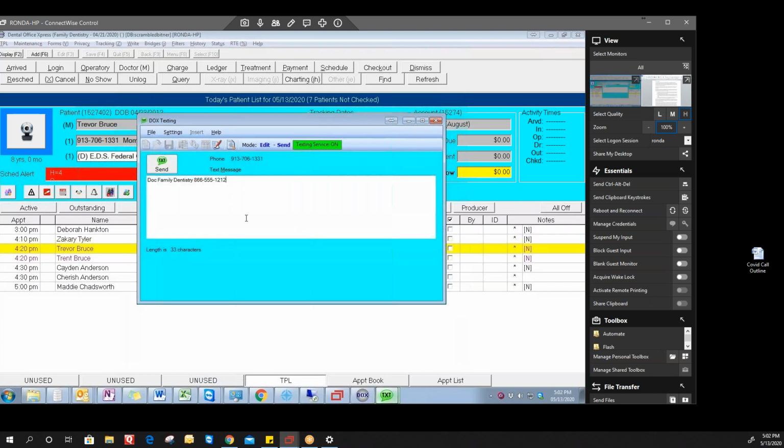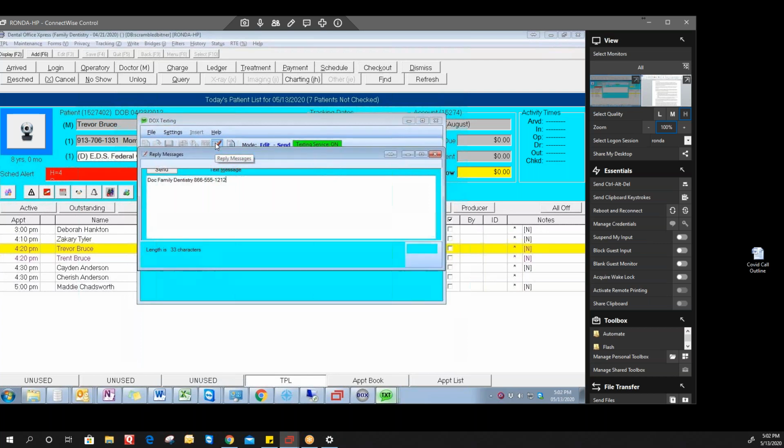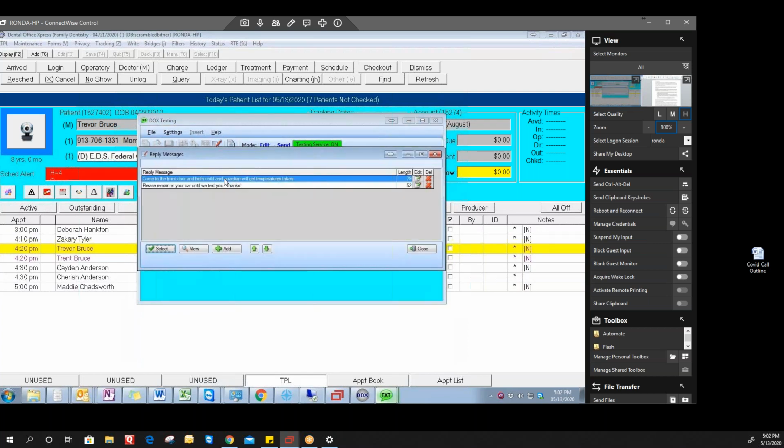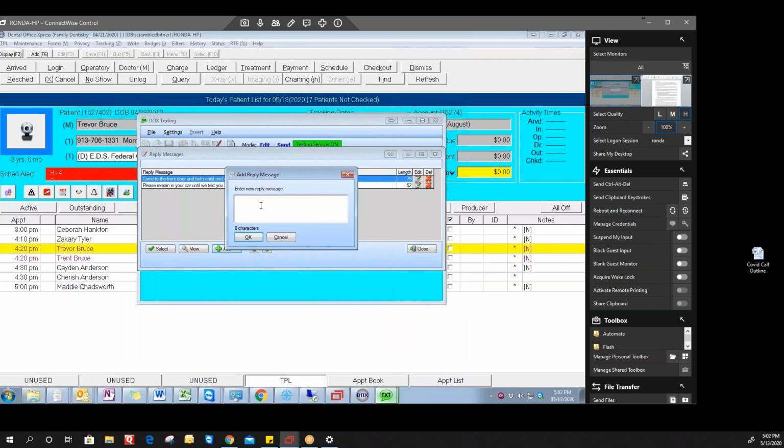We could simply type in a text like we normally do in Docs, or we have a new feature that's called reply messages, and we can click that, and the office can create multiple messages that they commonly would respond to the families in the parking lot. So in this case right here, we have a couple that we provide you, like come to the front door and both child and guardian will get temperatures taken. If we want to add a new one, we can hit the word add, type in our new message such as